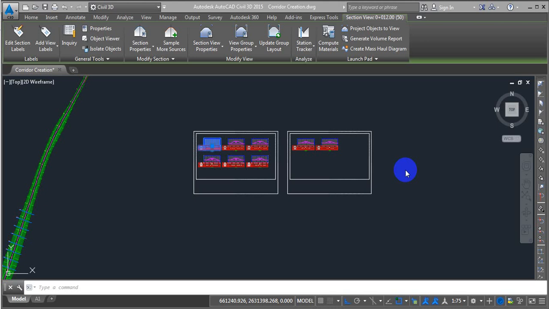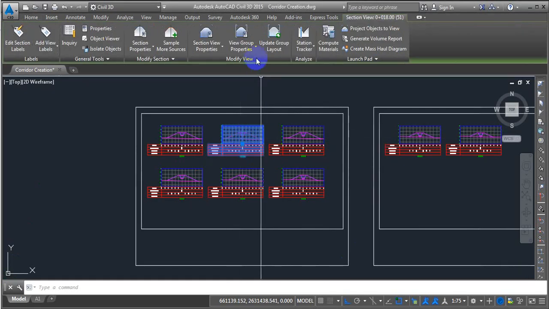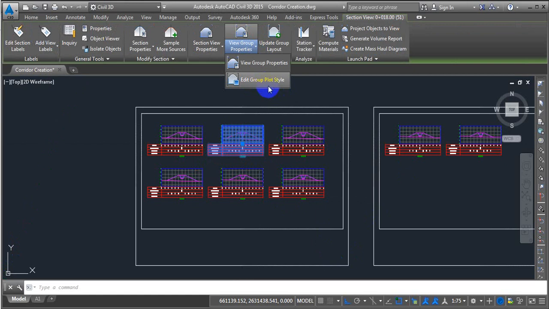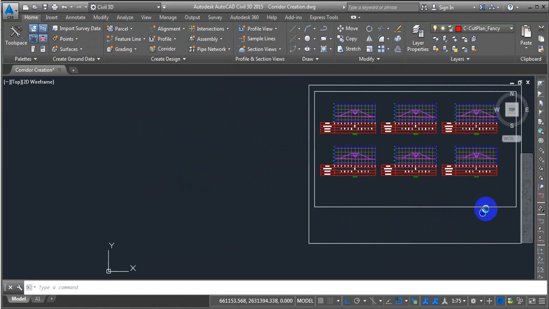This is the fifth video about Civil 3D automatic cross-section creation. In this video, we will talk about something called group plot style. Okay, so if I select any section view, this command called view group properties, if I click on this small triangle, we can use this edit group plot style to play with the arrangement of the section view inside that white border. Okay, I'm gonna take this page to the right side, and then